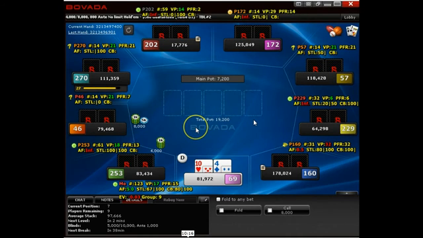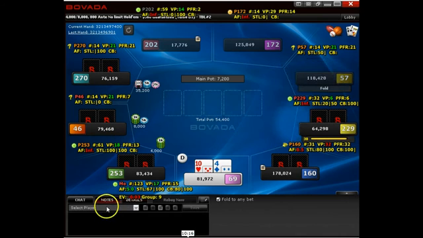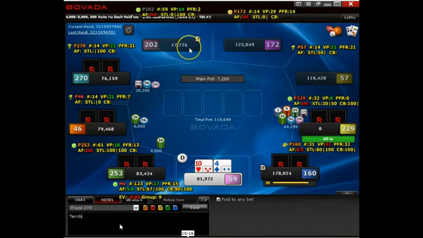So again, even though I'm on the button, if it folded to me, I would have folded anyway because of my recent shenanigans. I'm just likely to get called a lot lighter. And with stacks like this, terrible bet sizing. Why did I put that? I'm going to